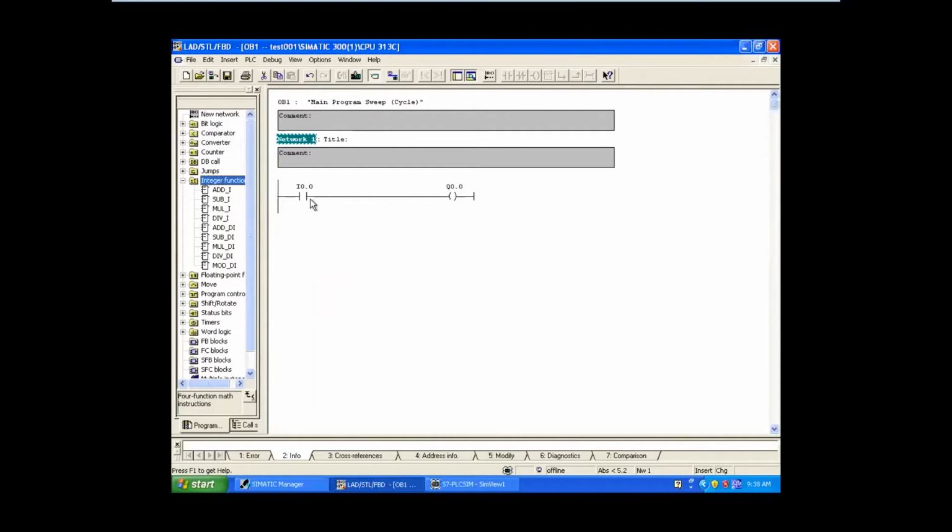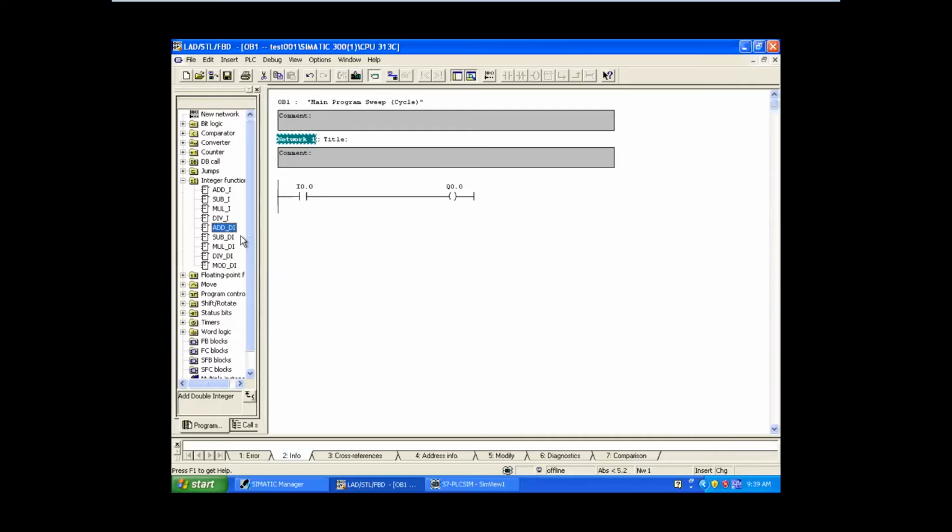Can you see here we have the integer function. In that subdivision we have addition underscore I. What does that I mean? It is an integer. So in Siemens, for integer, for double integer, and for floating point numbers, we have different instruction blocks. For example, see here, this addition block is there and another addition block is there. This addition block is for integer and this one is for double integer. And we also have another addition block which is specially for the real numbers, that is floating point numbers.